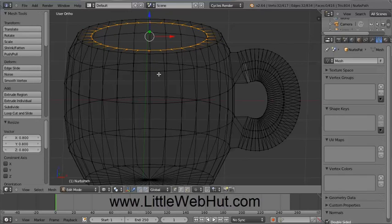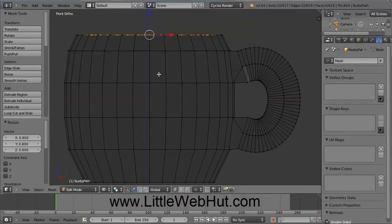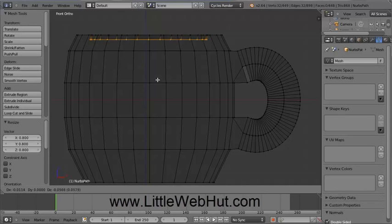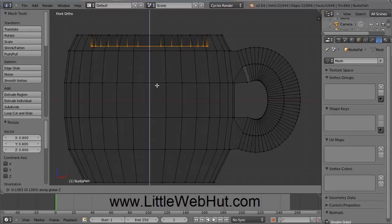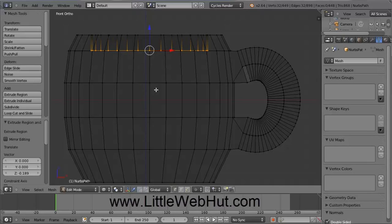So now press the number 1 key again to switch back to front view, and then we're going to press the E key again to extrude, and then if you move your mouse you can see how we're extruding this, and if you press the Z key then that will restrict our movement to be straight up and down. So just move your mouse and bring these vertices down to this point, and then click on the left mouse button,